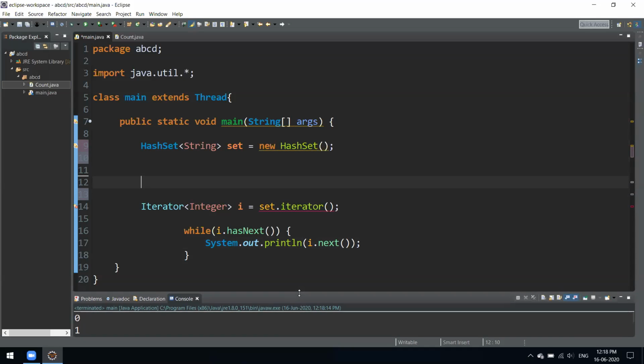Let's try. We'll quickly add a few string elements over here. We'll copy this and specify String.